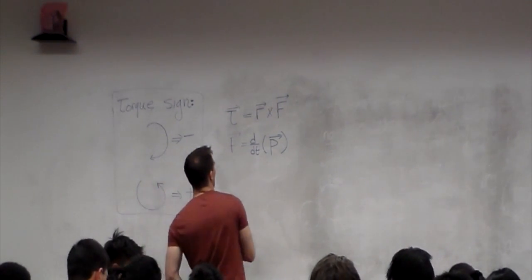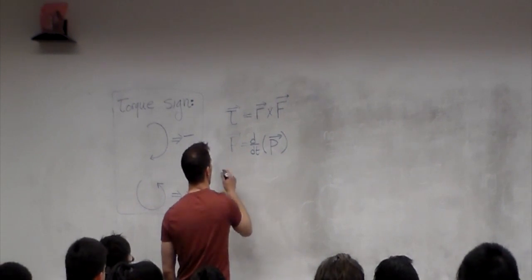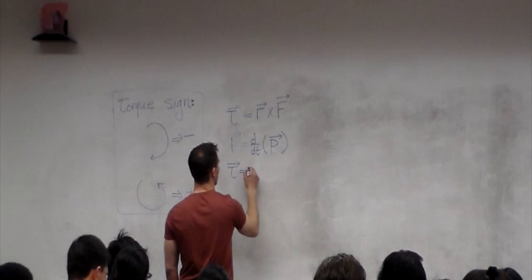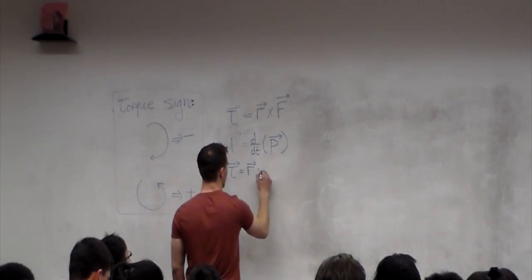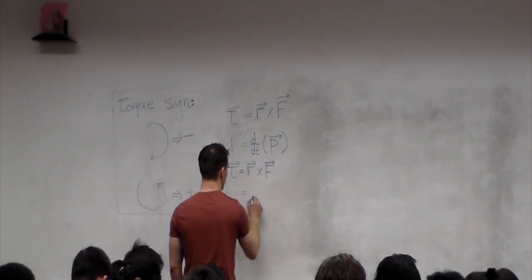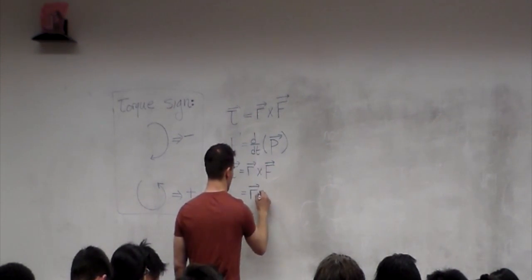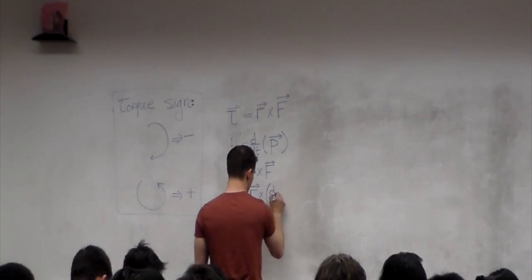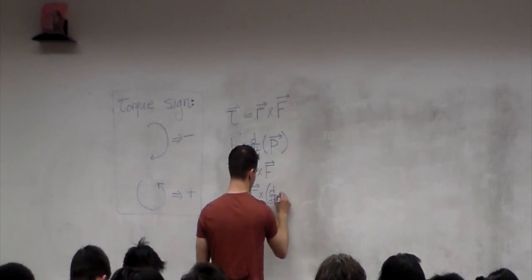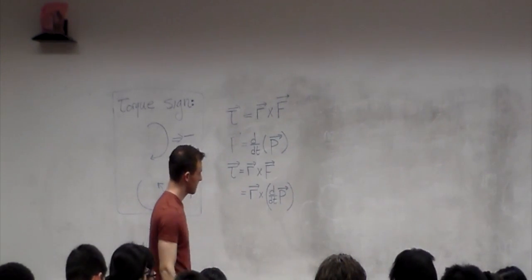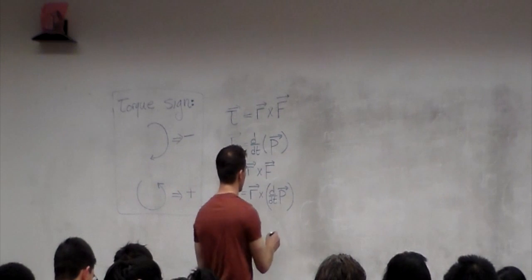Similarly, we can write something for the torque. Now, watch what I do. So I say the torque is equal to R cross F, which is equal to R cross dP/dt. And now I claim that this is equal to